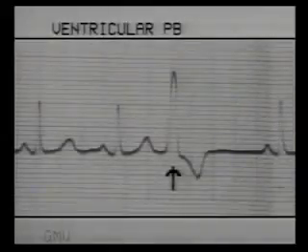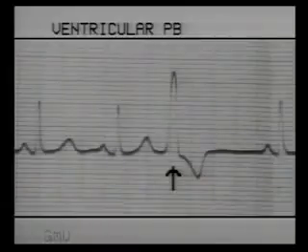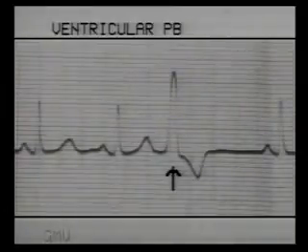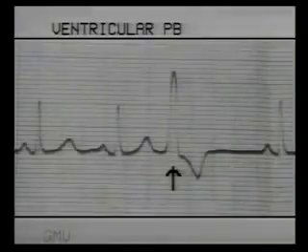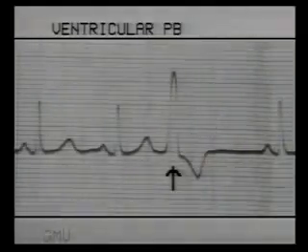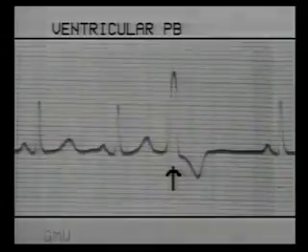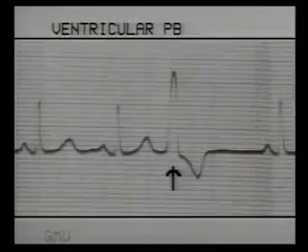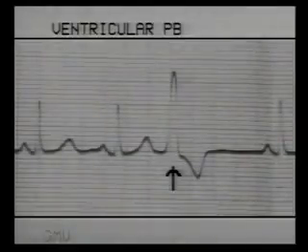This ECG shows a ventricular premature beat with no P wave, wide QRS complex and inverted T wave. The RR interval is 18.5 small squares. The RR interval between second and fourth beats is 37 small squares. That is, the compensatory pause is complete. This is because it does not affect the SA node.